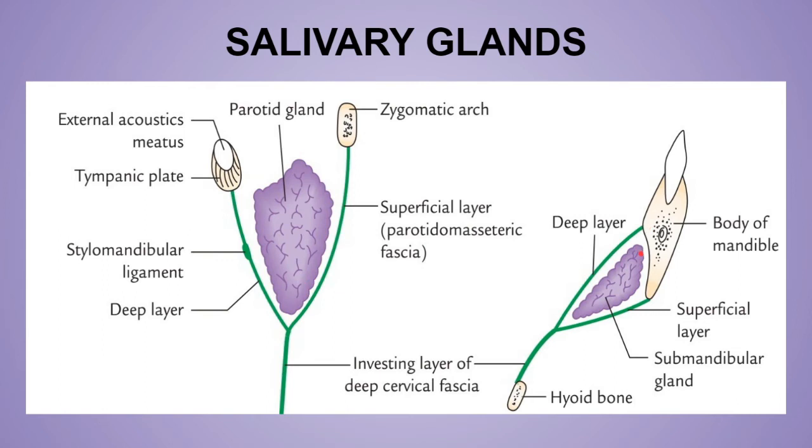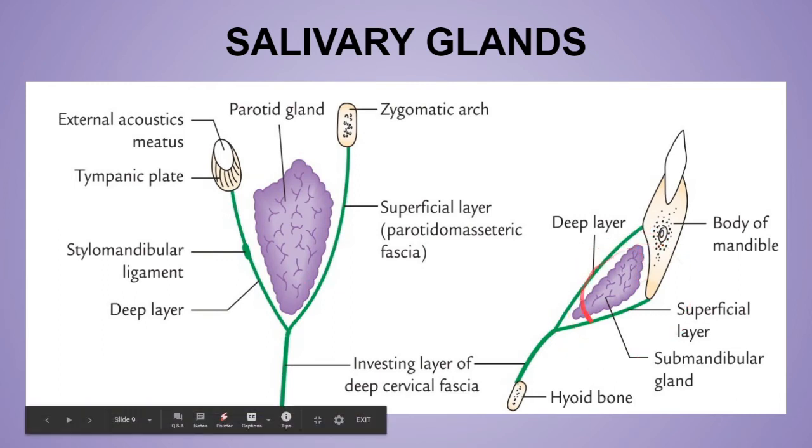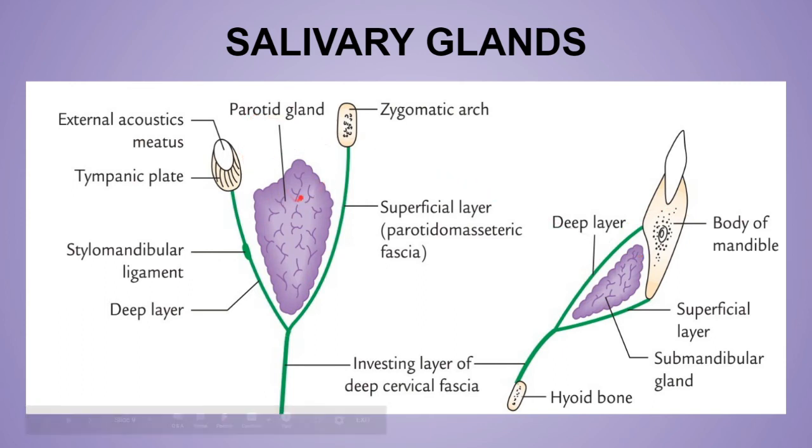So at the base of the mandible, it encloses this muscle. Two salivary glands, parotid gland and the submandibular gland, and over here the deep layer of the investing layer thickens between the styloid process and the angle of the mandible, and it forms a thickened layer which separates these two glands from each other, and it is pierced by the external carotid artery.